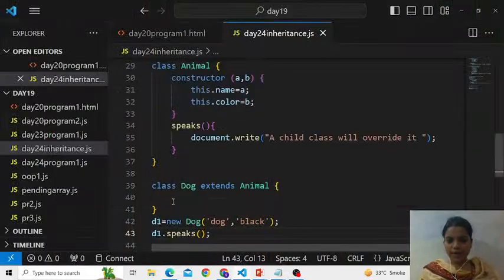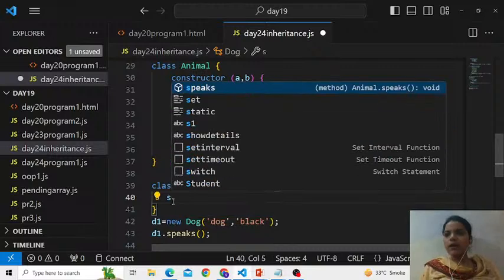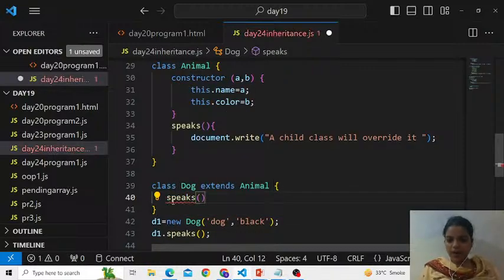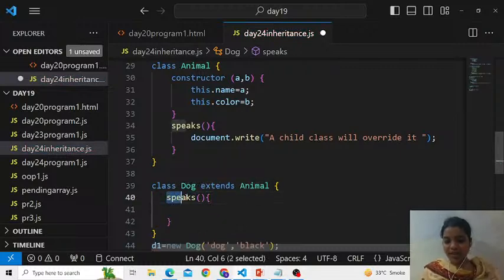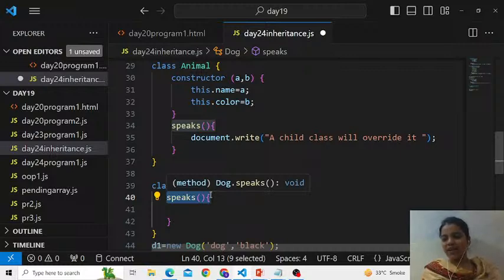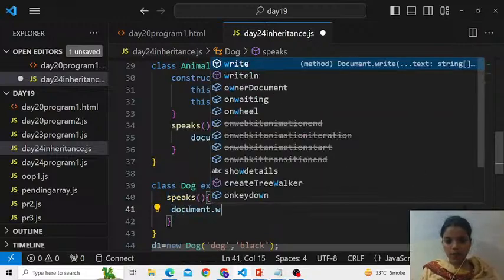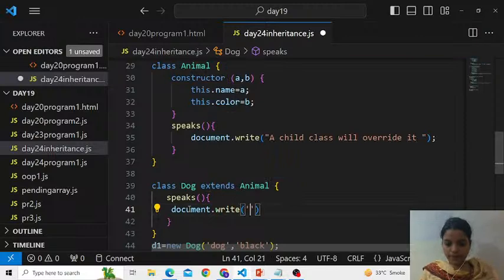So now what do you mean by override? When you create a property or a function in the child class by the same name as that of the parent class, I repeat the point again. When you create a method or property, anything in the child class with the same name as that of the parent class, people, the priority will be given to the function or property of the child class. You understood? For example, if I write a document.write,